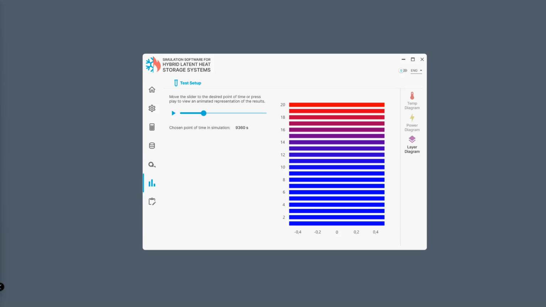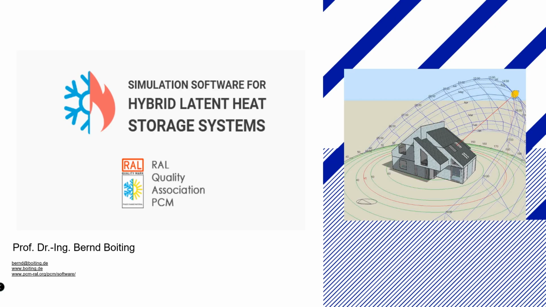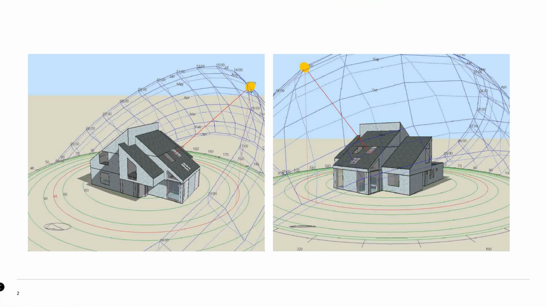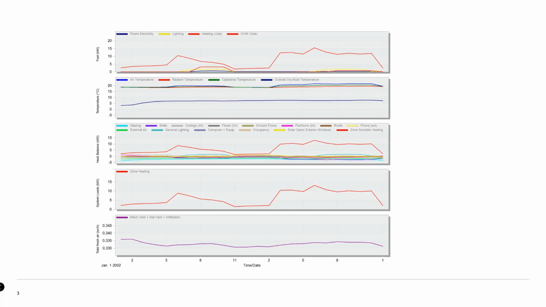If we want to simulate this storage system in a residential, non-residential building or industrial process, we have to do the simulation much more dynamically. Let's have a look at a normal residential building and simulate this storage system under dynamic boundary conditions. You see here a normal residential building which is simulated with EnergyPlus, and EnergyPlus delivers the